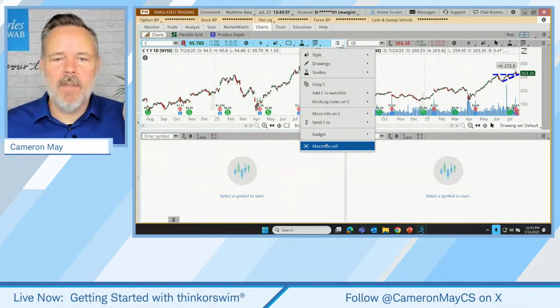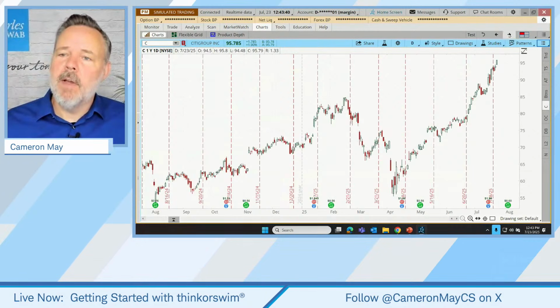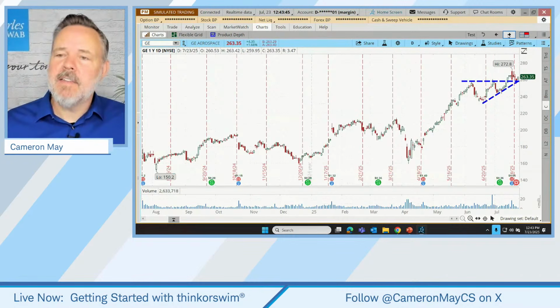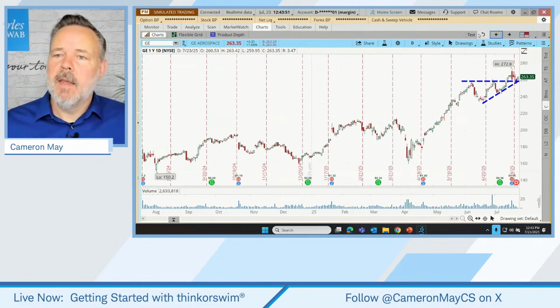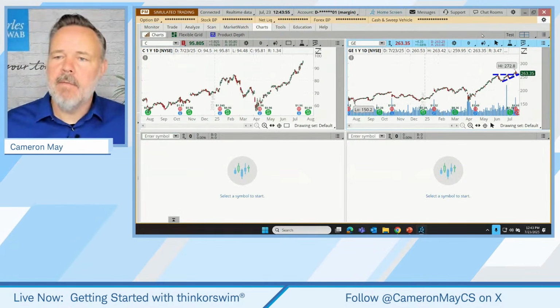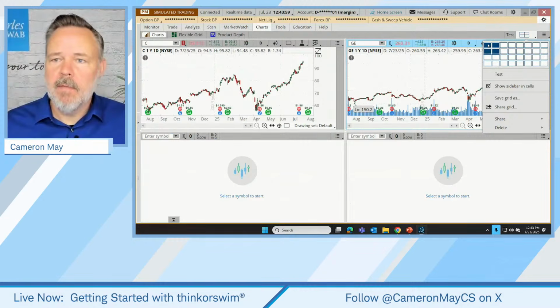If we maximize one of those, now we're seeing just that chart, but we can access the other ones by using the little arrows up here. That goes to the next cell. You'll see the little red box going to the next one. This one we're not using yet. And then if we want to go back to seeing all four, use the back button. And if we want to go back to just one, we don't need the cells anymore, just choose one.